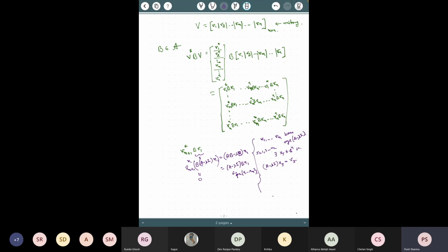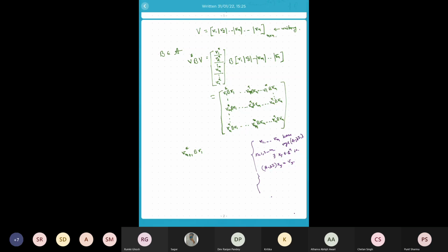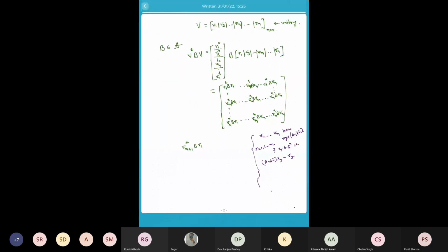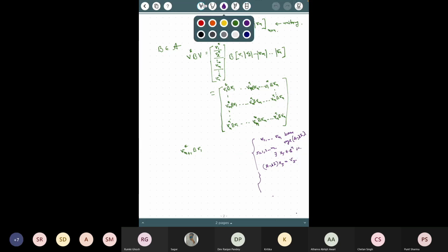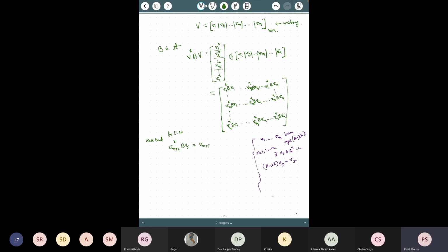So therefore, I'll keep it here so that you can understand later on also why this is true. Because of this, you can say that, so I'll write here. Note that V_{m+i}^* B V_j is equal to V_{m+i}^* B V_j, where note that for i equal to 1 to n minus m and j equal to 1 to m,